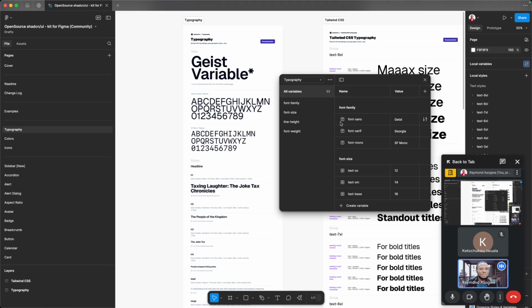Let's say that I want to use Inter, right? Inter is a popular and open source font, so we can use it in our commercial projects. So all we have to do is to change this font sans from gist to Inter,